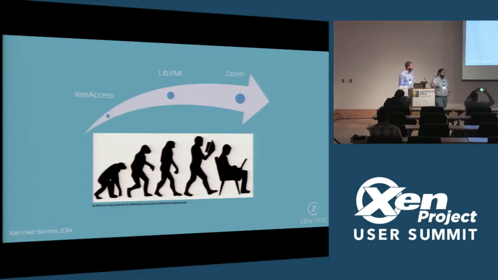Now, this overall path has taken a long time because it's a very complex one. You have to recreate that notion of VM state. And that means that the complexity is an order of magnitude greater than typical debugging. That struggle is often called the semantic gap in academic circles. It's just a fancy way of describing the lack of information when you need to rebuild it. But the progression over time has really made Zazen a definitive outgrowth of some of the early Xen work in this community in particular. No other hypervisor has the research community behind it, the security community behind it, and these interesting use cases.